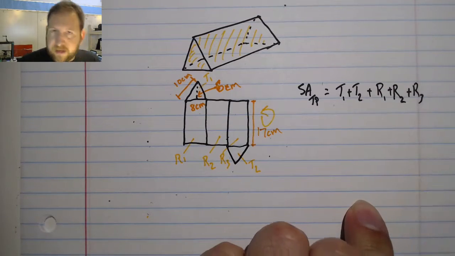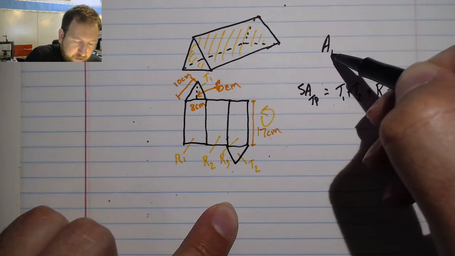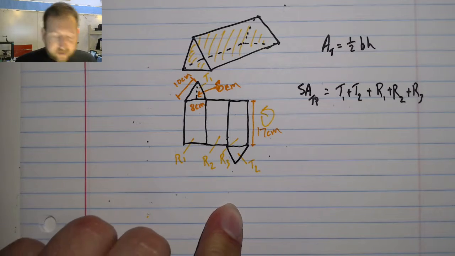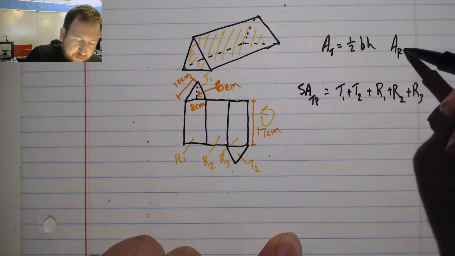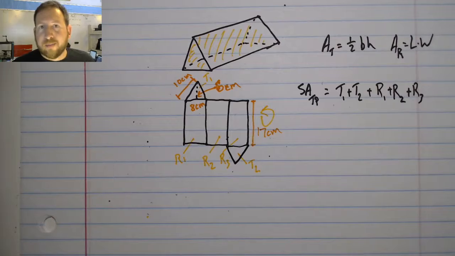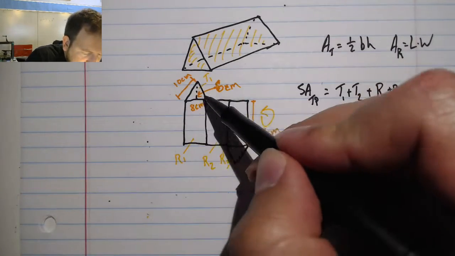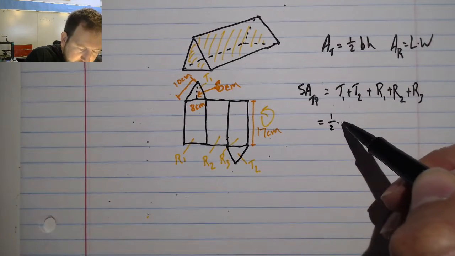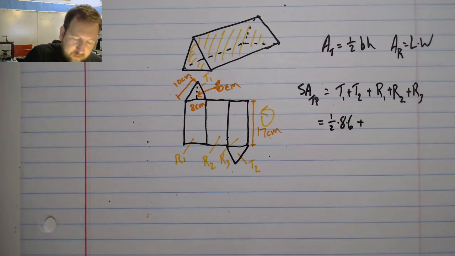Alright, so let's see what we can do. Our triangles are going to be easy to start off with. The area of a triangle is equal to 1/2 base times height. I can use that for my triangles, and the area of a rectangle is length times width. That's all that we've got. Okay, let's look at these two triangles. My first triangle is going to be 1/2 times 8 times 6,